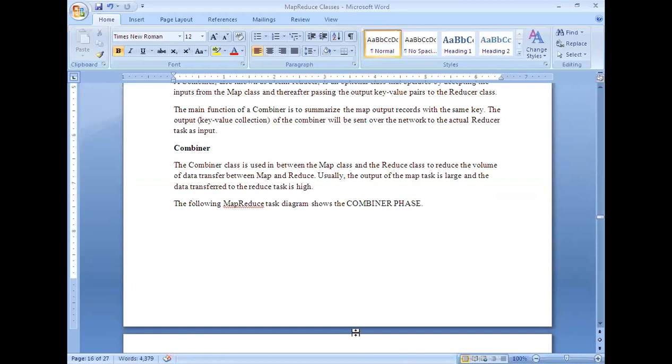Hope you are all clear with this combiner function or not? Is it clear to everybody? Combiner function. If you have any queries, you can unmute yourself and ask.